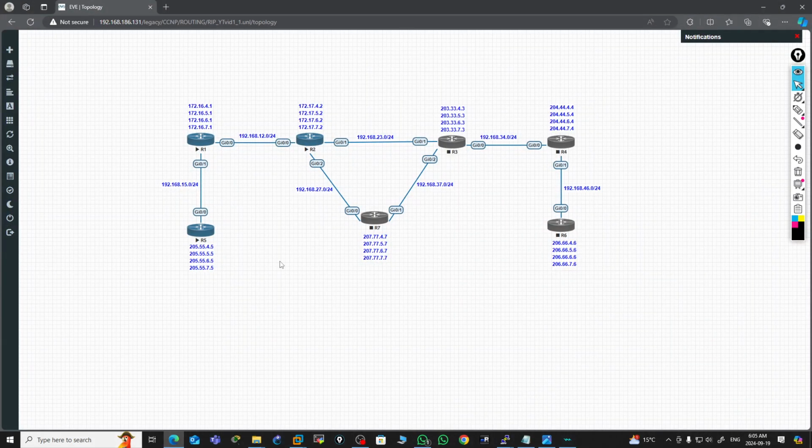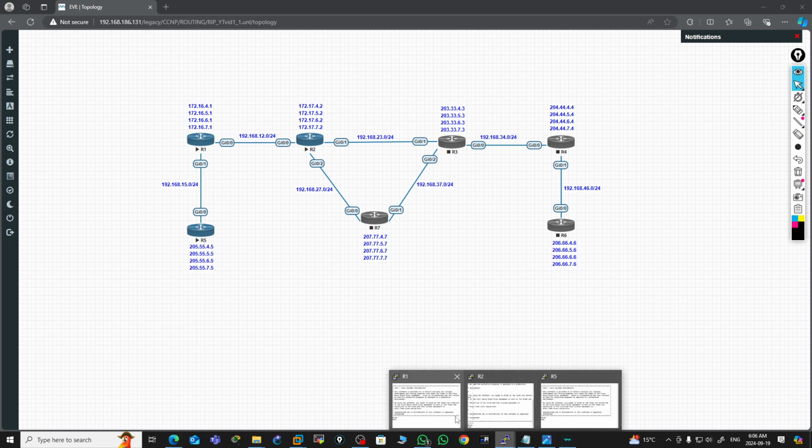Last time we did the dynamic rerouting between routers 1, 2, and 5. So we advertised loopback routes on router 1, router 2, router 3, and router 5, and also the directly connected routes. So if you go into router 1,